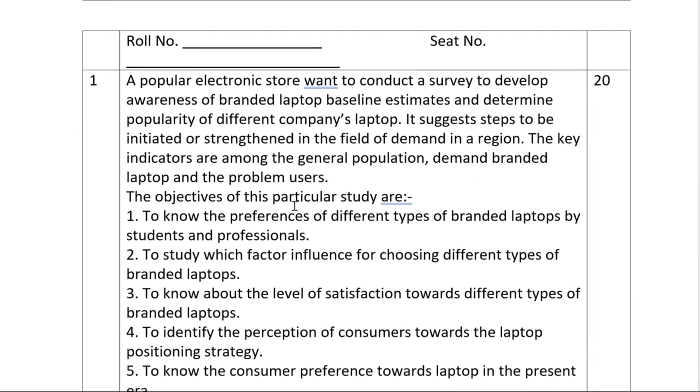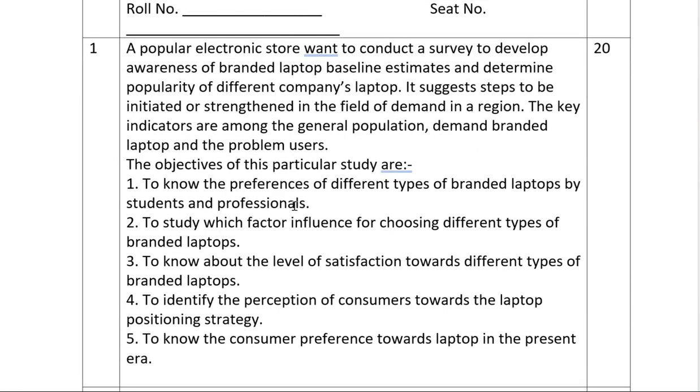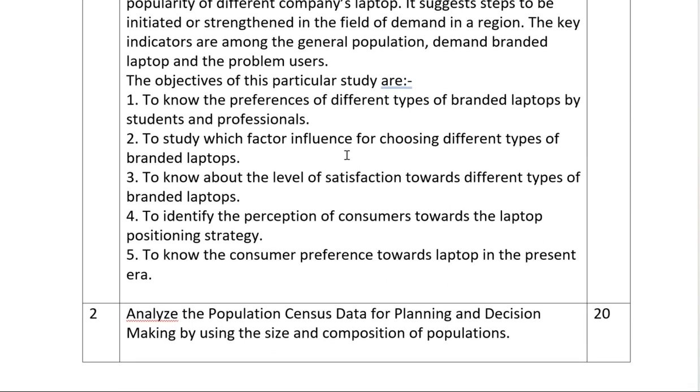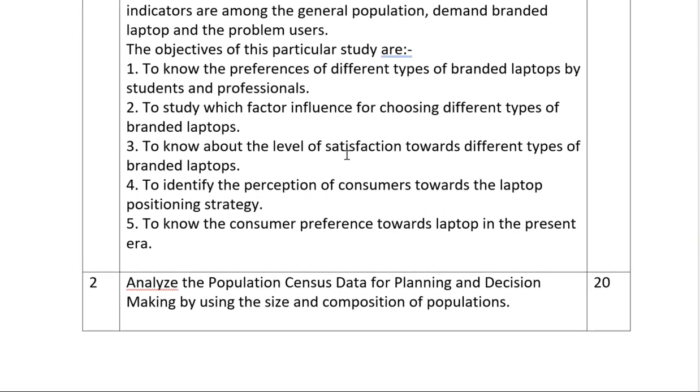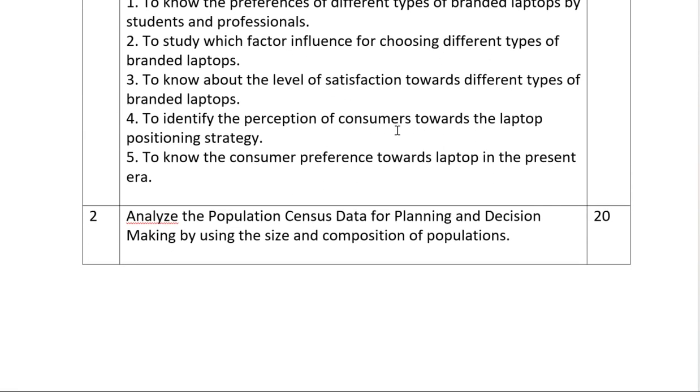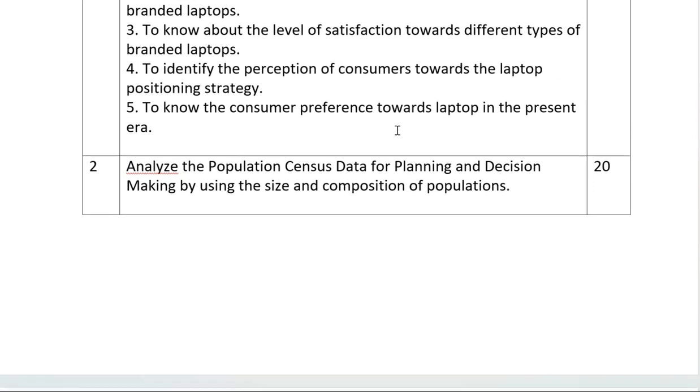Then the next question that may be asked in the exam is we have to prepare a survey form. A popular electronics store wants to conduct a survey to develop awareness of branded laptops. So a survey form can be prepared to know the preference of different types of branded laptops, to study the factors which influence choosing different types of branded laptops, level of satisfaction towards the laptops, perception of customers and